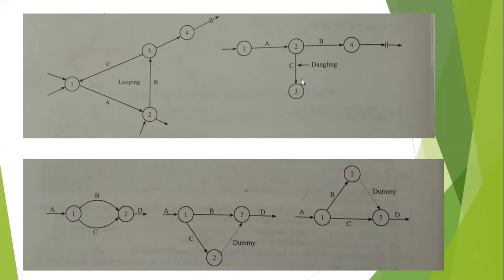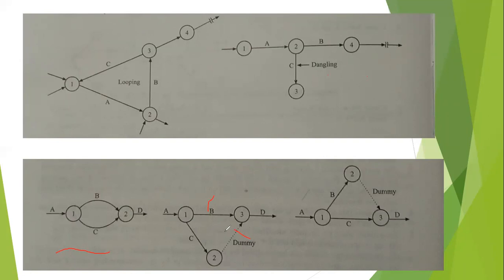Now coming to the dummy thing. Look here how it works. Can you see? B and C are the two activities having the same head and tail of the event. Now how can I create? So D is dependent on B and C. So B I created a main line and C I created a dummy, or C I created a main line and from B I created a dummy. Now look, it means the same. See, B and C both are dependent on D. Both mean the same. Now since I cannot have two parallel activities, I need to create a dummy.